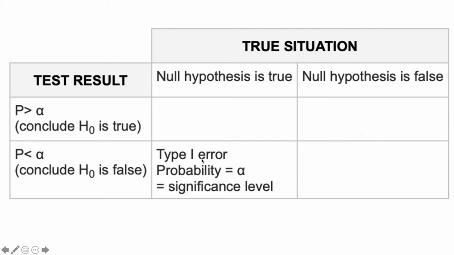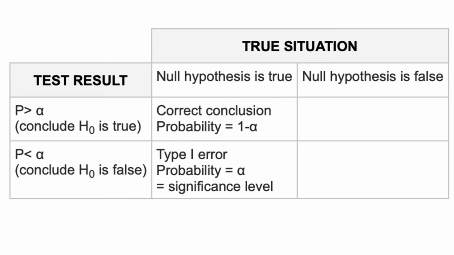Or we can say this is the false positivity of the test. That's an error we're making, because actually the null hypothesis is true, but we're concluding that it's false, and this is what we call type 1 error. In statistics it's called alpha, or the significance level. Okay, the other option is